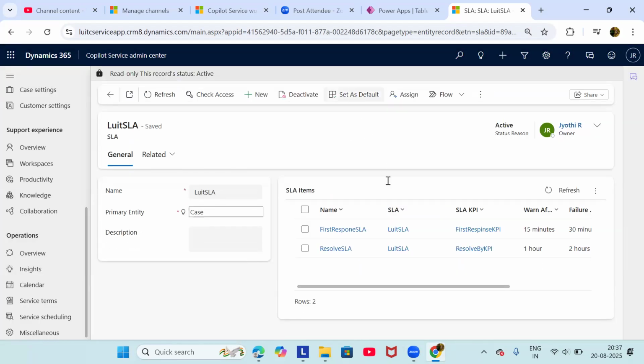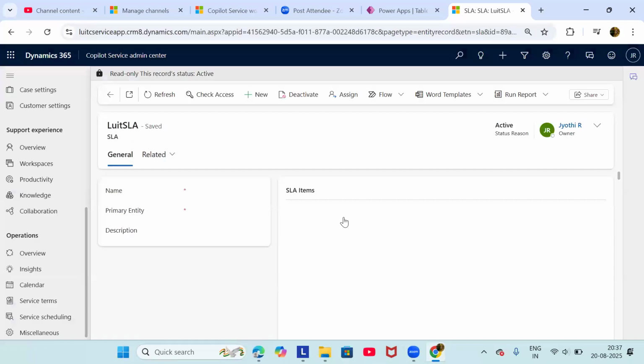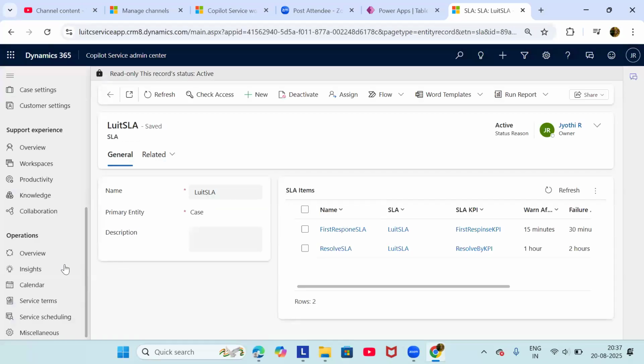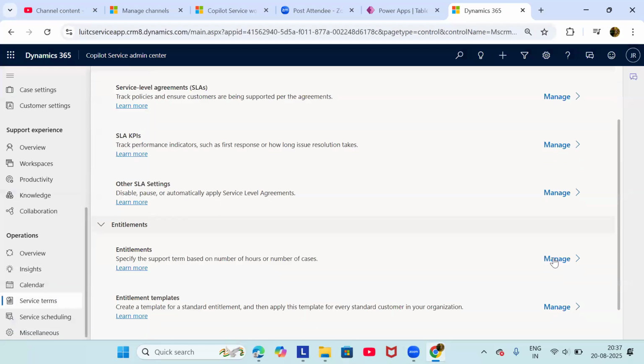We should set it as default as well. And now we are done with the SLA creation and SLA items creation. Now I'll go back to entitlements, and